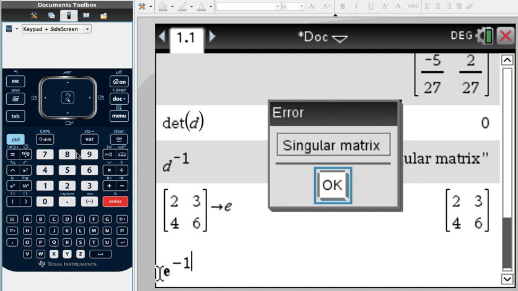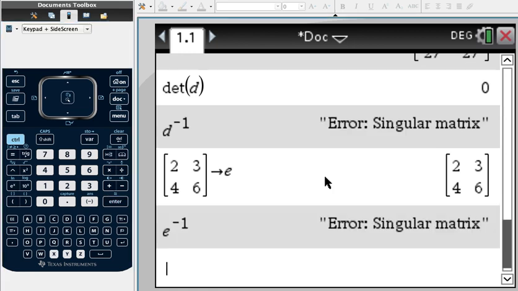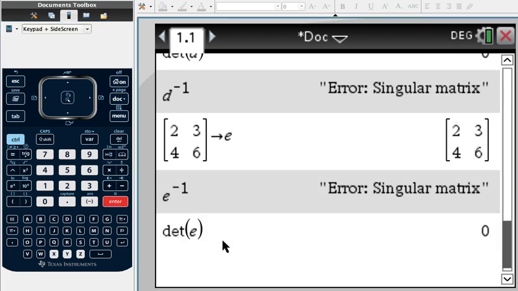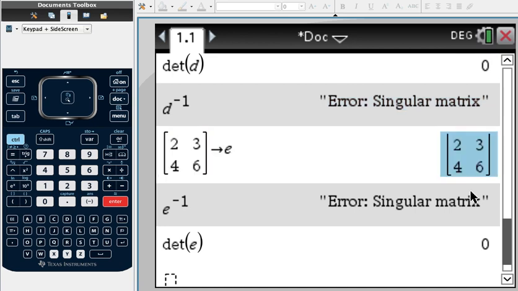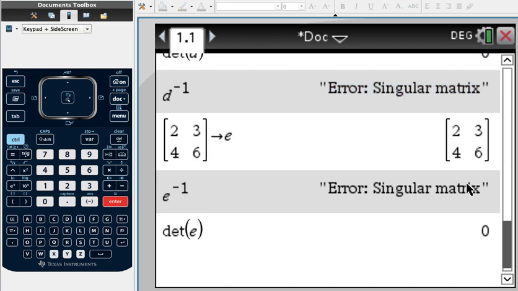And you get that same thing. That's a singular matrix. Okay, so a singular matrix is something a little bit different, but it is related to the fact that if we try to find the determinant of E, that's going to be 0. And again, same thing we see up here with a 3 by 3. So generally speaking, you can find determinants of other square matrices. Square meaning they have the same number of rows and columns. So I think that's about it. So with the technology stuff,